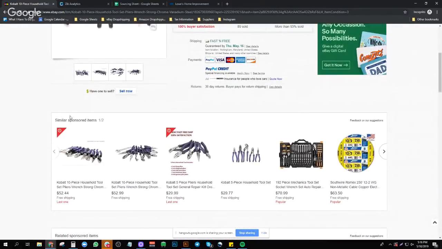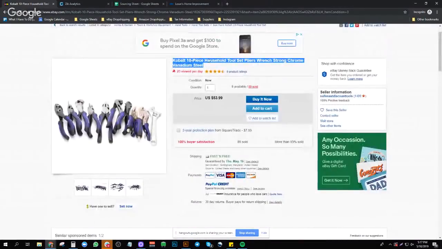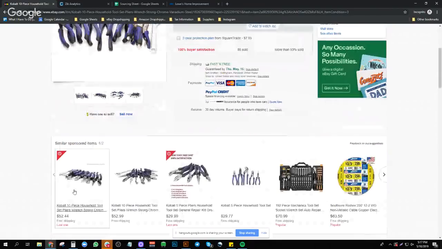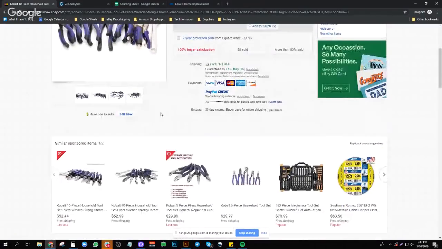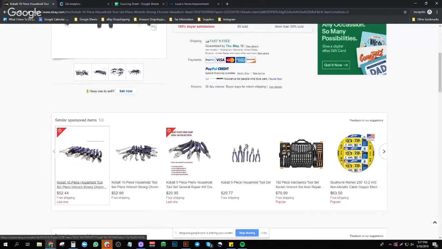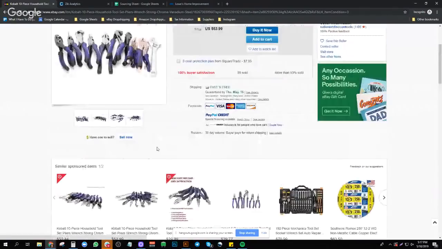You can also scroll down here to similar sponsored items. So say that we know that this item is being drop shipped and this is the 10-piece household tool set, and say that this person is making money on it. Then we can scroll down here. Here's the same one, and here's the same one too, also within about a $1 price range of where this one is. So we can then go pick apart these people's stores afterwards. So once you find that,